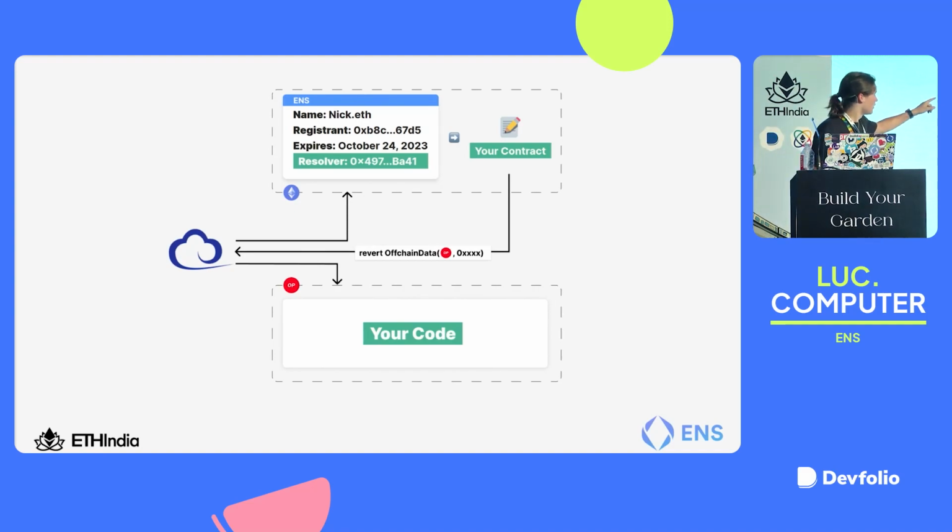Easy. The smart contract will then throw a custom error, off-chain data. And it will say, you need to go to Polygon, or in this case, Optimism. Optimism, this smart contract, run this function. So Ethers says, oh, shoot, the transaction failed, but I know how to handle this error code, off-chain data. So it reaches out to Optimism, or Polygon, or HTTP, or an RPC endpoint, or whatever chain you'd like, whatever L1, L2, rollup, name it.